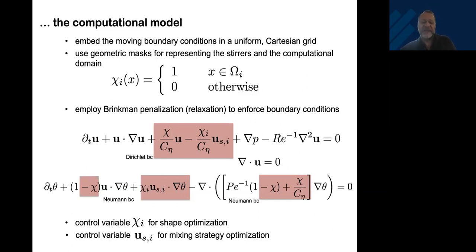Or you can freeze the shape and say, okay, my stirrers will always be circular in cross-section, but you can control the stirrer velocity on the circular paths. Okay, this is what we do first, and then I show you in a second example how to do the shape optimization. And then of course you can combine the 2. You let both loose and say I want to have the velocity and the shape optimized at the same time. That one just increases the number of control variables. That's all it does, but the framework goes through the same way.